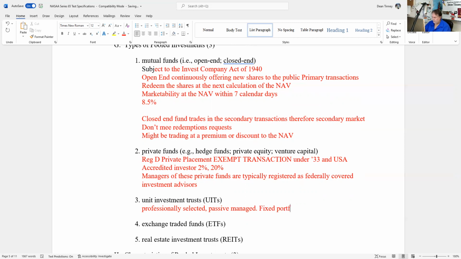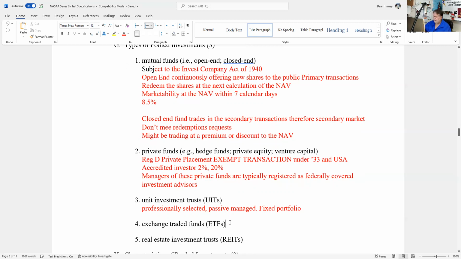And I look at the bonds. I say, well, these are some beautiful looking muni bonds. And then that tax-free interest will get paid, pass through to the unit investment trust holder. And as the bonds mature, that would come out to you as well. We could do this with any kind of investment, but the big ones are unit investment trusts, where we go out and buy, for example, municipal bonds or some other portfolio, professionally selected, passively managed. And that portfolio is fixed, meaning if you don't like that, then you shouldn't get